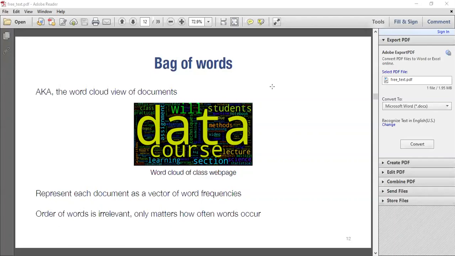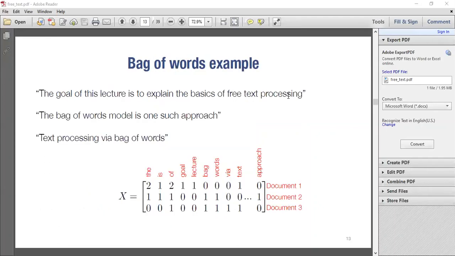You're trying to look at the most prominent words within the document we are dealing with, or within the corpus we are dealing with. And you can easily represent it using something like this. And there's code for it, which we'll look at when we get to the code section.